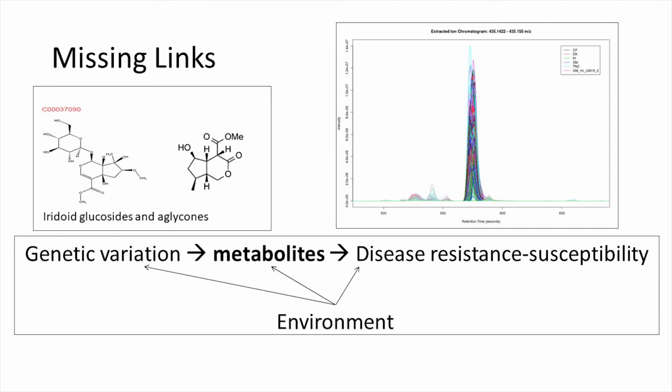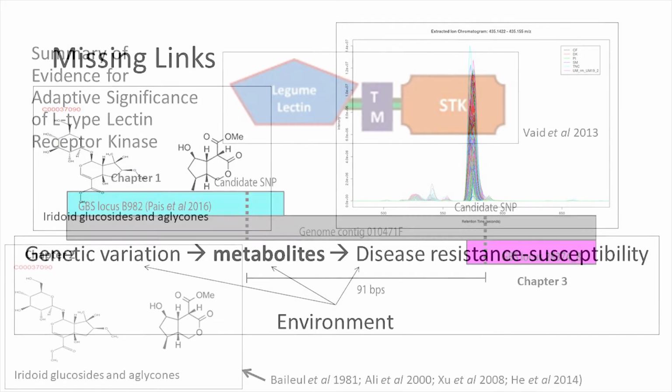So we were correlating this to our candidate gene, that lectin receptor kinase that we believe is important, while controlling for environment and monitoring how the level of that chemical compound is related to disease susceptibility. This chemical compound belongs to a class known as iridoid glucosides, which are well known to be deterrents to disease infection. In fact, there's one compound here called cornolactone that was actually structurally investigated by an independent researcher for flowering dogwood trees. So we think this is a very valuable candidate that warrants further inspection.